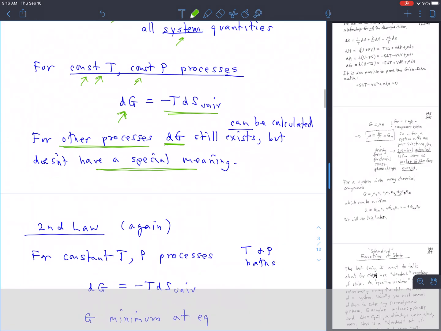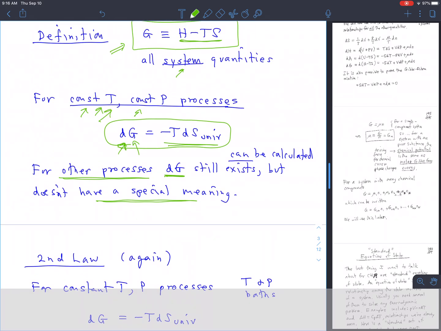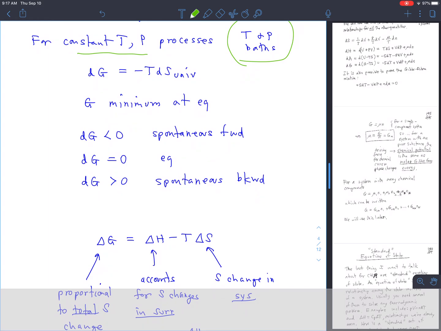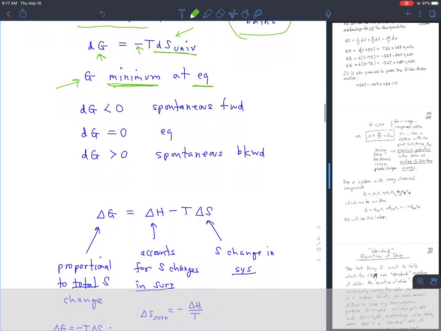So if this relationship is true, then we can restate the second law in terms of Gibbs free energy for this special set of circumstances. For a constant T, constant P process, for a process in the presence of temperature and pressure baths, the Gibbs free energy is a minimum, because of the minus sign, right? If the entropy is a maximum, then the Gibbs free energy is a minimum at equilibrium. So a maximum in the entropy for the universe corresponds to a minimum in the Gibbs free energy for the system. If the Gibbs free energy change is less than zero,